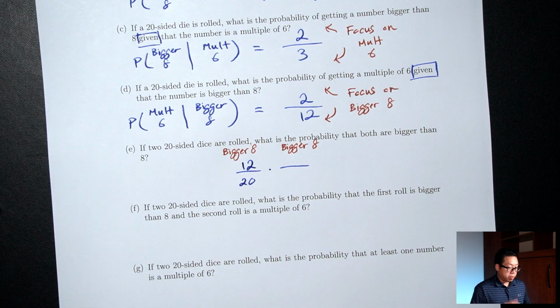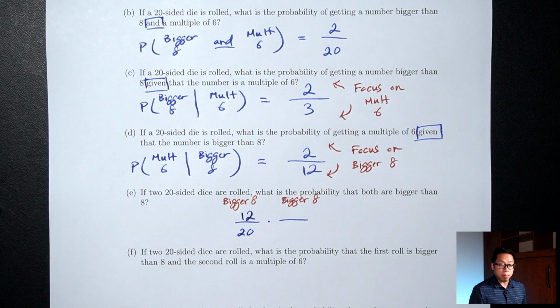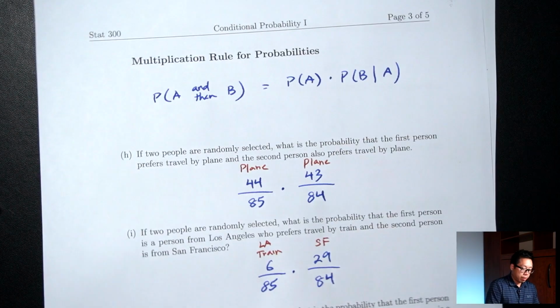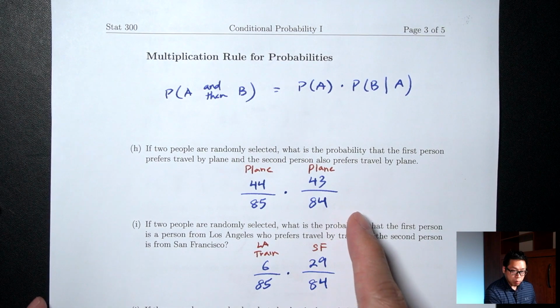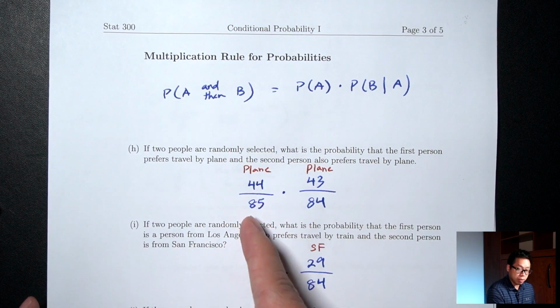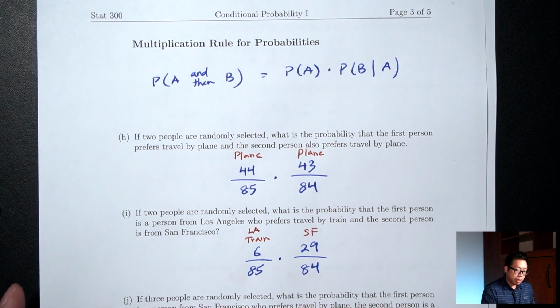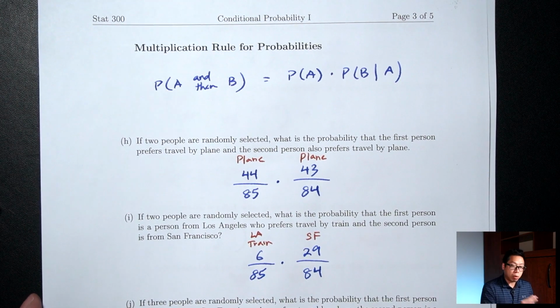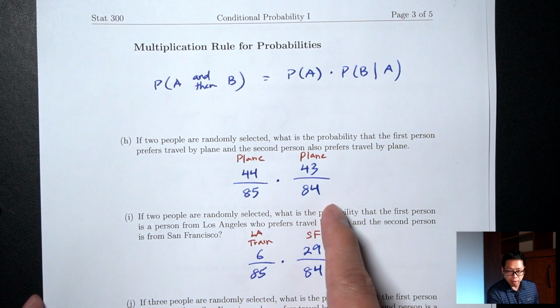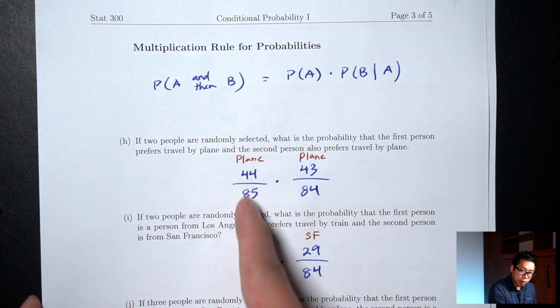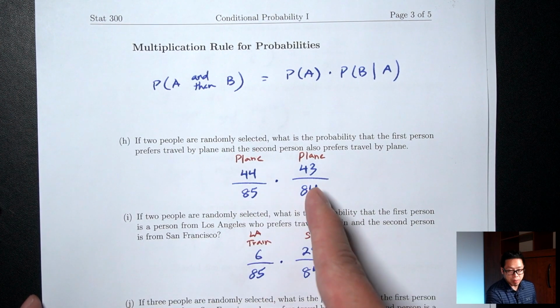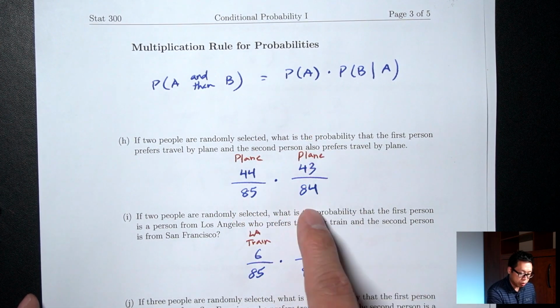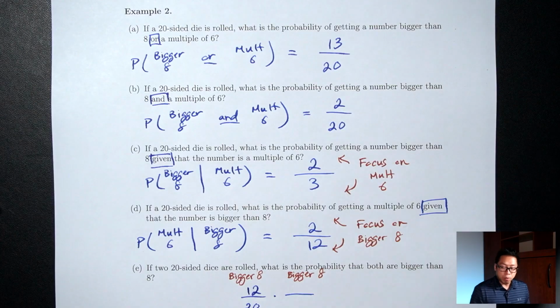Second fraction. So this is where dice differ from picking people. When I pick people, remember I said for the second fraction, we have to keep in mind that we already picked one person for the first fraction. So implicit when we're picking people, I don't want to pick the same people for the first and second slot, right? Which is why whoever I picked for the first slot, I'm not going to pick for the second slot, which is why we had to reduce the total by 1. For dice though,